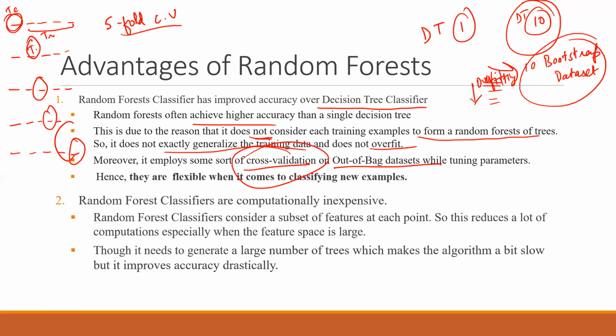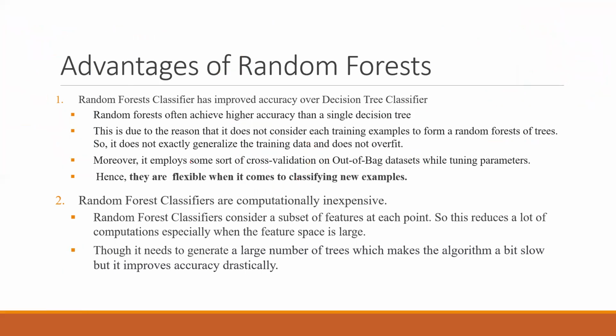So these circles mean that these are testing data sets, and in a way we are changing my training and testing every time. So you get these 5 models to do the prediction. 1 2 3 4 5 different predictions will be done, and out of that average or voting can be done. So this was also kind of a sampling method, and that has been linked here. So it employs some sort of cross validation on the out of bag data sets. Obviously 5 models, 5 different bootstrap samples equal 5 different out of bag data sets equal 5 different test accuracies. So that's what is being talked about here.